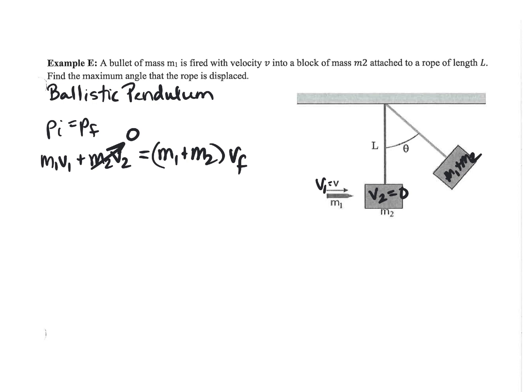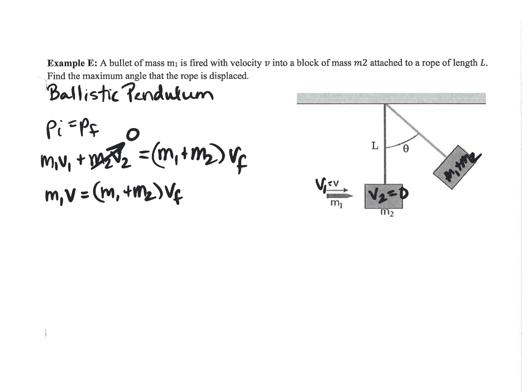So in the beginning, all we have is the velocity of the bullet, don't we? So this is M1V. It says M1 plus M2. That's the mass. And this is M1 plus M2